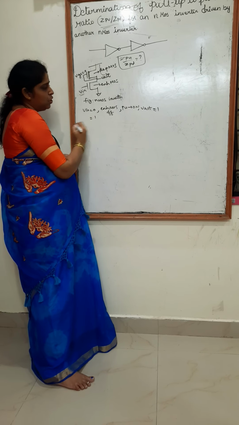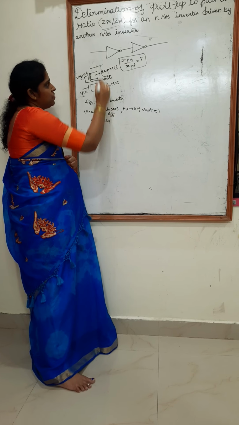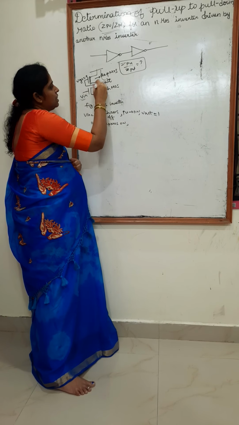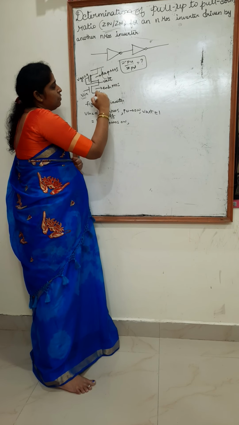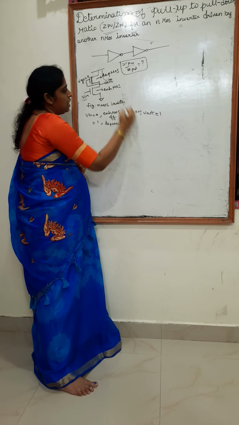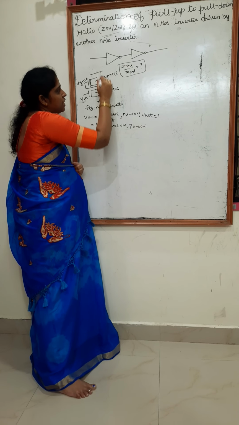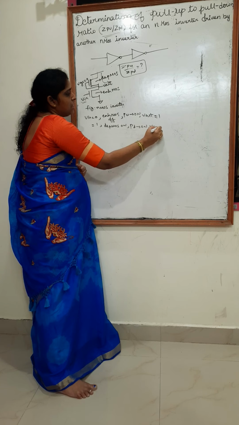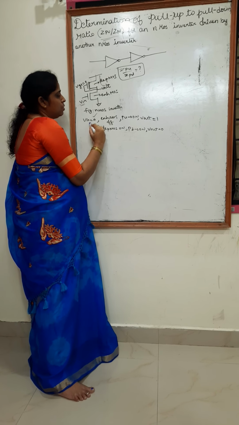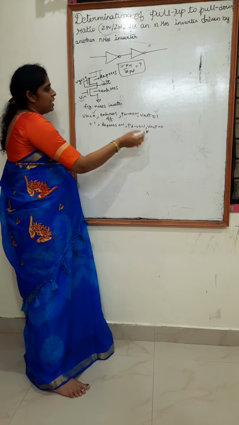Similarly, when Vin is equal to 1, the depletion MOSFET is always on, and this enhancement MOSFET we are making on. Whenever we give an input voltage greater than the threshold voltage, this pull-down device will become on, due to which we have a short circuit path to the ground and the output voltage is equal to 0. So whenever we apply 0 as an input, we get output 1, and if we give 1, we get 0.